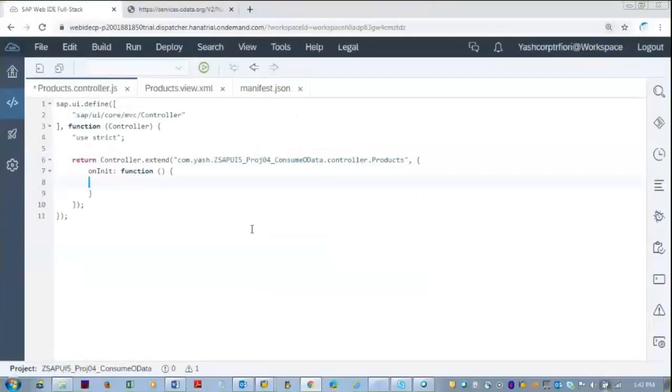So let me write in the onInit function, consuming the Northwind products.